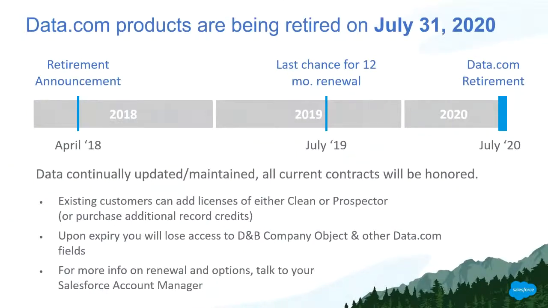Okay. And how about if a customer's renewal is in September, so a couple months after the July 31st? In that scenario, we no longer can do an annual renewal. And as most of you know, we don't typically do less than 1-year renewals. And so really the plan for that is to transition to Lightning Data. So an even more dramatic scenario is literally this August 1st. If your renewal comes up, you should have already planned your transition to Lightning Data. Okay, so important then in that time frame to be looking at all this stuff immediately.